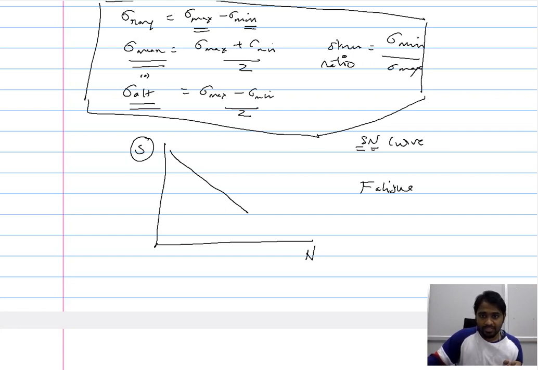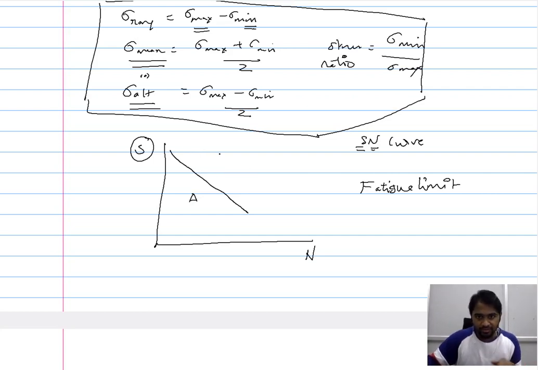So there are specific metals and alloys, and also some materials, which are able to survive an infinite number of cycles below a certain limit of stress, and this stress is referred to as the fatigue limit. So this material A here doesn't show any fatigue limit, because with a decrease in the stress, there is a definite number of cycles after which the material fails. However, when you have a fatigue limit, the S-N curve will look in this manner.